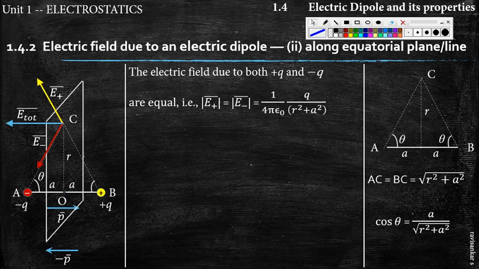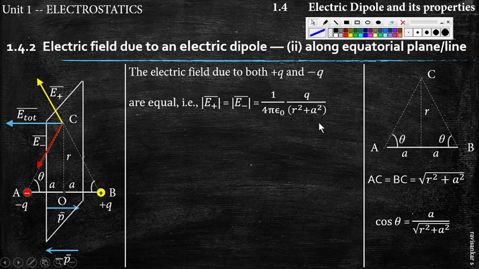Even earlier I would have told you, we should not substitute r in all the derivations. r is only the distance of the particular point in question from the charge. So you can see here, the point in question C is at a distance, this one BC, which is root of r squared plus a squared from both B as well as A. And the denominator should contain the square of the distance. So if you square this one, you will get r squared plus a squared. Remember, you should not write r squared plus a squared the whole square. It is only r squared plus a squared in both E plus as well as E minus.